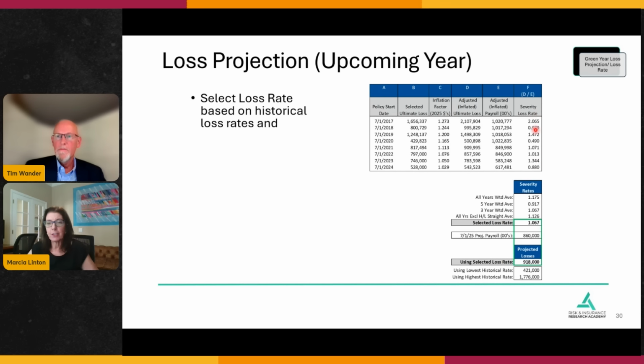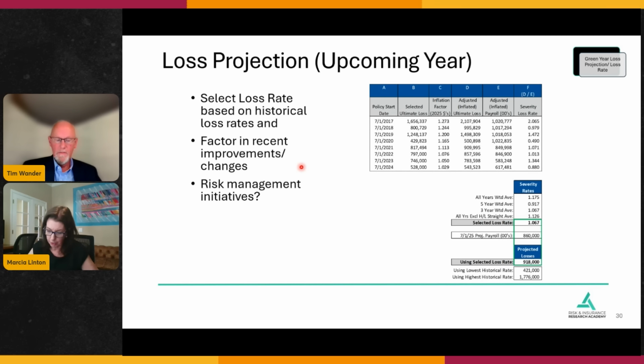We have to take these rates and come up with what we're going to use to project our 2025 year. And again, kind of like the triangle, we're going to look at all the years. We're also going to look at averages. We might look at a year excluding high low, all years, 5 years, 3 years. And this is where, if we select whatever we're selecting, in this example, we selected a 3-year average because we had to have a reason to be able to do that. And I'm going to just plug in the rest of these